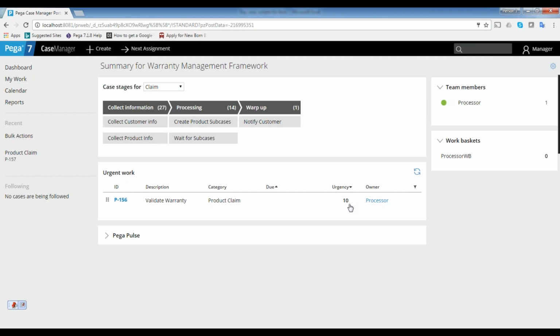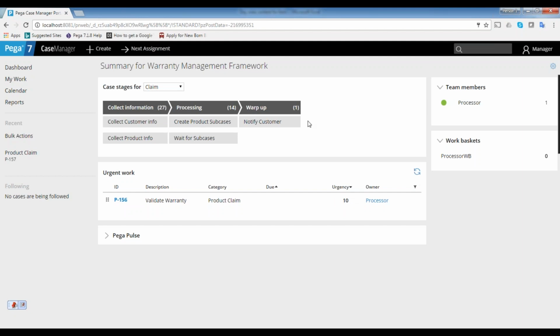After 2 days, if you are still not able to complete it and you want to process credit card applications, I want to give more priority to this application because 2 days have already gone. Whatever application is coming newly will still get less urgency. After 2 days, the application will get more urgency. So while processing applications, when you click get next assignment, the system will always go for the highest urgency